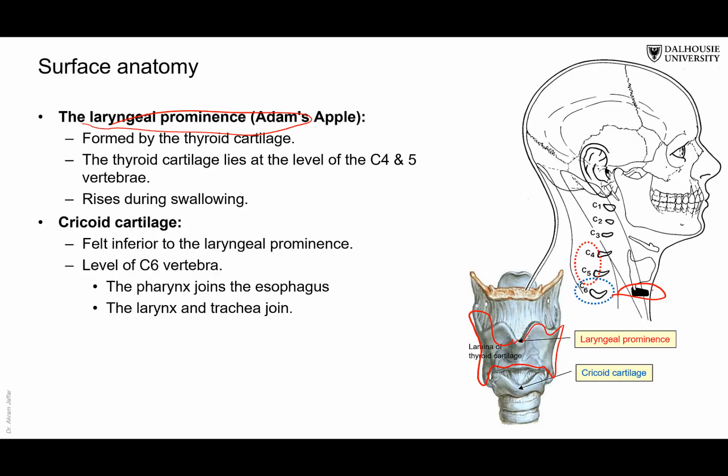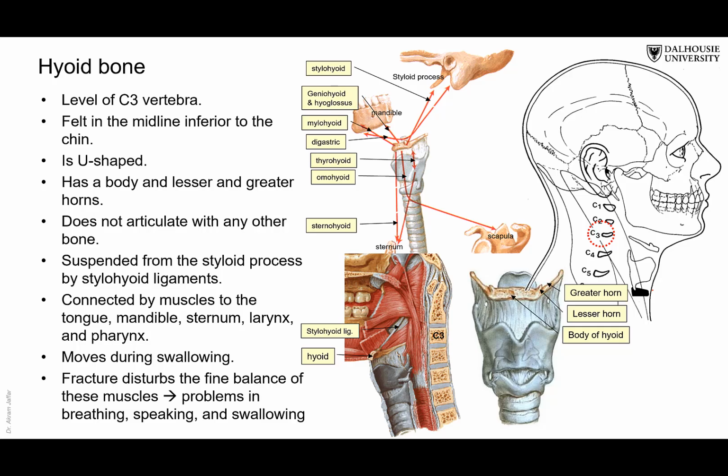C6 vertebra. And this level of C6 vertebra, as you will see when you dissect and study the relations in the neck, is a very important level because at this level, the larynx continues as the trachea, and the pharynx continues as the esophagus. And then above these two surface anatomical landmarks that you can feel in the midline, there is the